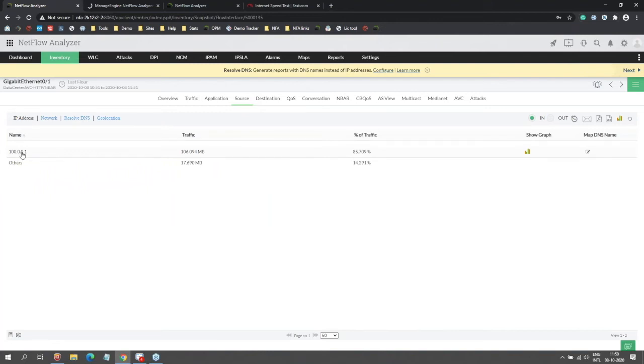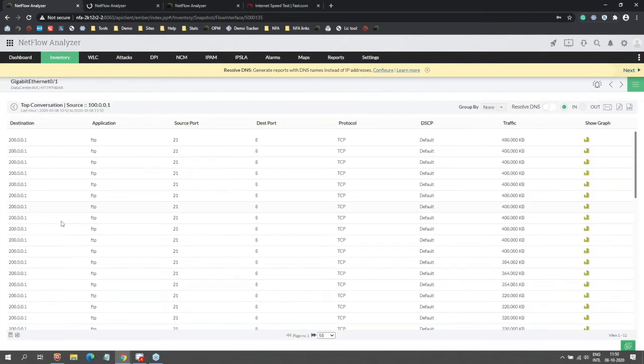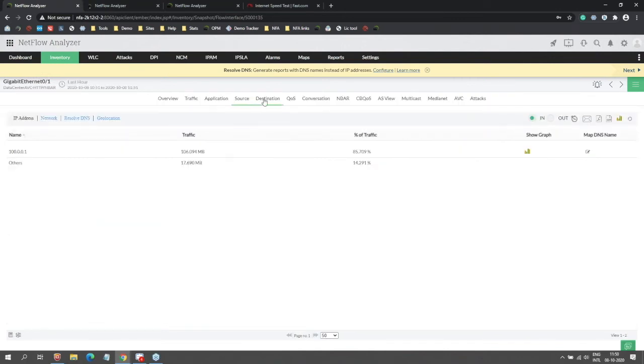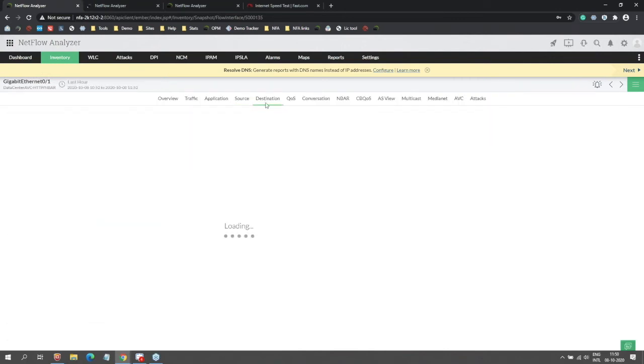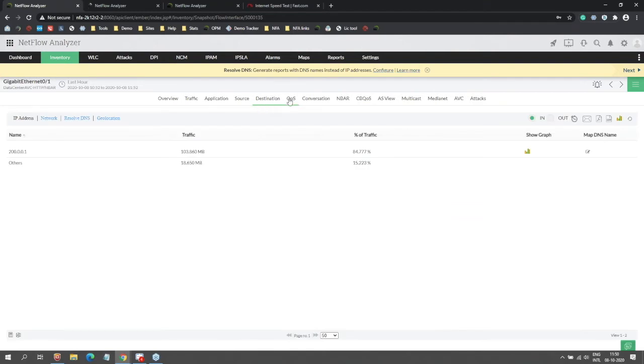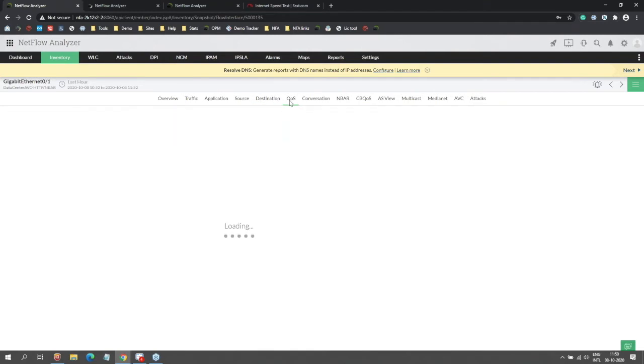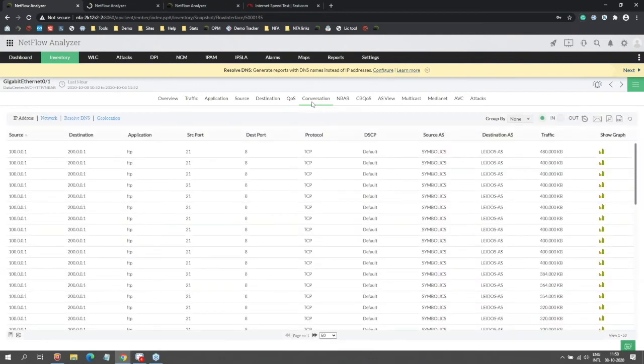You can not only see which IPs, but you can even drill down further and get to the information of where they've been communicating to. So that's the idea behind looking into the transactions there. You can see the information between the destinations, so top destinations accessed, the QoS as in the DSCPs, again top, not just top 10. Conversation will give you much more information than before because it is now going to talk to you about not only the source and destination, but also the different source ports, destination port, the autonomous system details, the DSCP code involved, all of them under one roof. So with that being said, let me go to the next one.